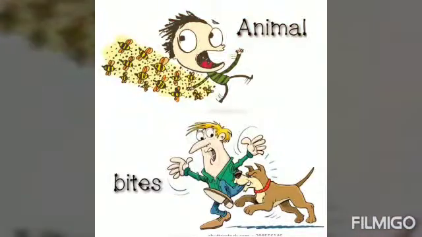Next, the following are the first aid tips for animal bites. First one, in case of an animal bite, wash the wound with running water and cover it with a clean bandage. Take the person to the doctor immediately. Second one, for bee stings, apply a paste of baking soda or toothpaste. For wasp stings, apply